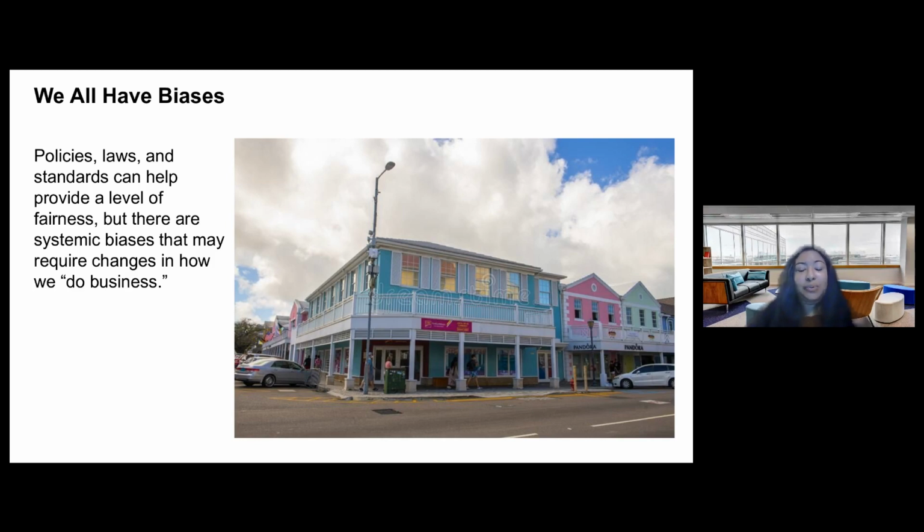But I think it's also important to remember that a lot of those standards are embedded with systemic biases, right? They were created to not be inclusive, right? They weren't created to include cultural sites. So I think sometimes we also have to see, are there biases in the way that we do business? And to get to a better outcome, do we need to change some of those laws, those standards, those criteria?